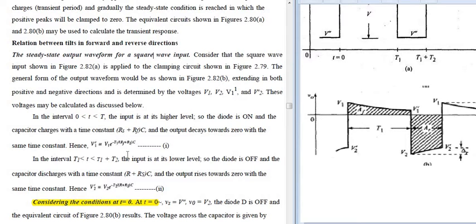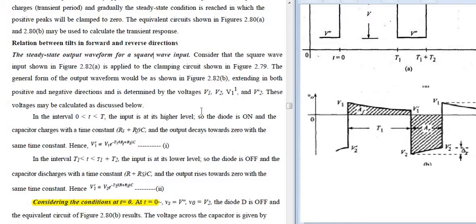Fine. So how do we calculate these particular voltage values? First, what we are considering is that the diode is in the reverse bias at this particular time; very firstly I am considering the diode is in the reverse bias. Now we have to calculate the voltages. These 4 voltages we have to calculate one by one. Whenever I am applying this, there is a condition we have to apply: when time t is equal to 0. This we have already said.